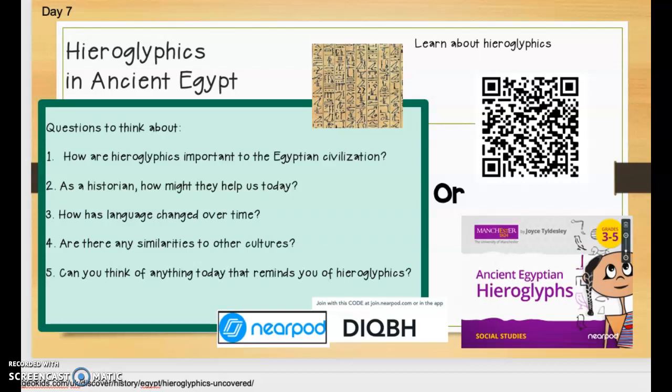And we are still focused on ancient Egypt because there's still so much to learn. So today we're going to learn about hieroglyphics in ancient Egypt. And you are going to do some independent studying. You will get to choose if you'd like to go to the Nat Geo website using the QR code right here, or if you would like to go to the Nearpod using this code to learn about ancient Egyptian hieroglyphics